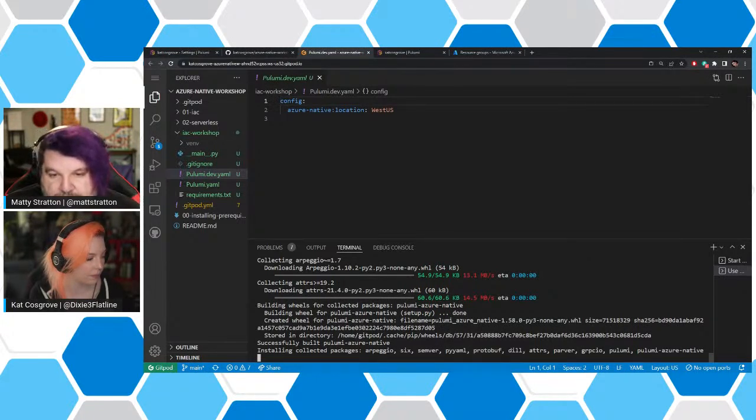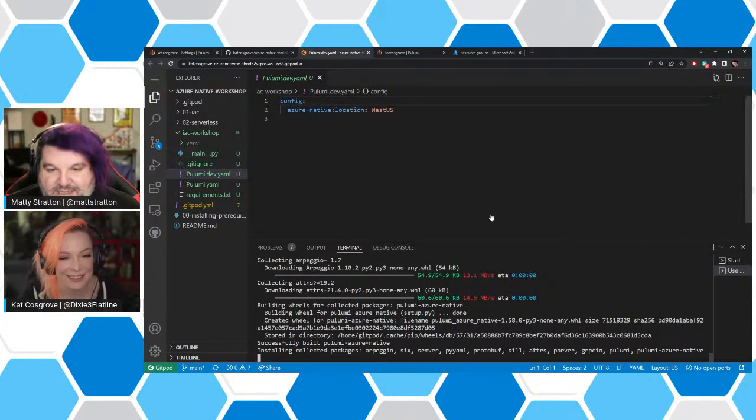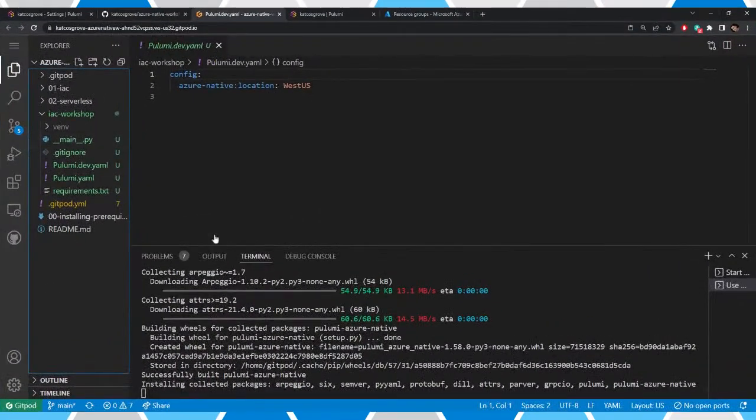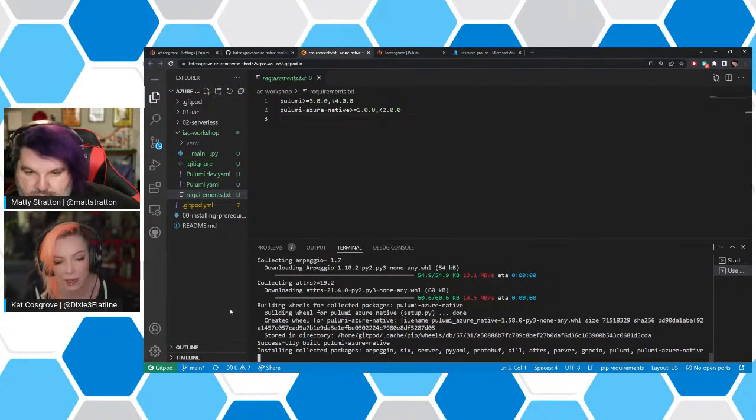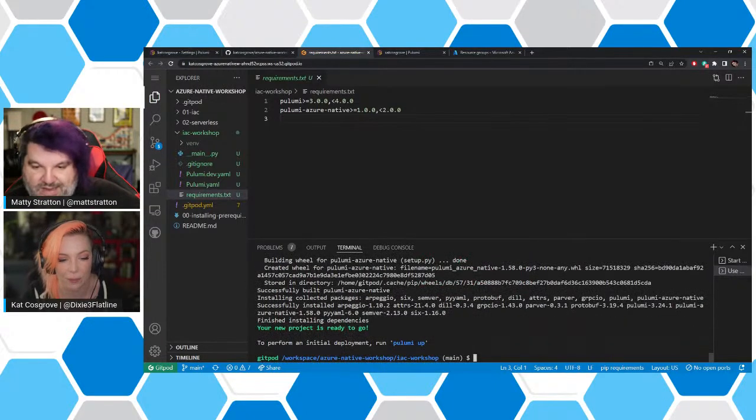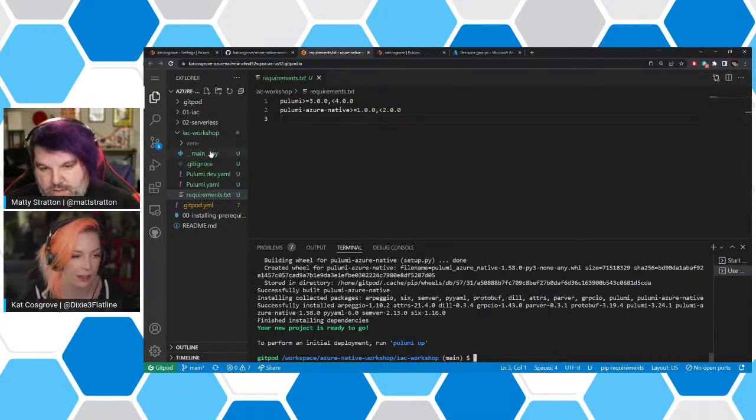And Kat, I don't know what you did after that. Did you already start your program? Nope. Okay. So this is still Pulumi new? Yeah. It is installing all of my requirements for me now. I did not have to run a Pulumi up or anything for that. It's just installing the prereqs, which for some of these takes a little bit of time, and there's not really anything Pulumi can do about that. It's a Python thing. But now it's done and all of my requirements are installed in the virtual environment that I have not yet opened.